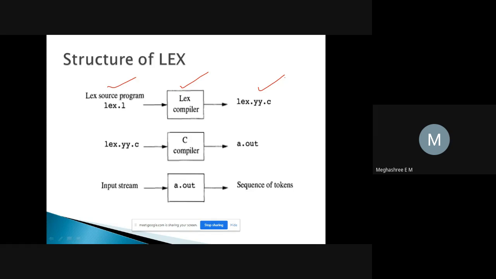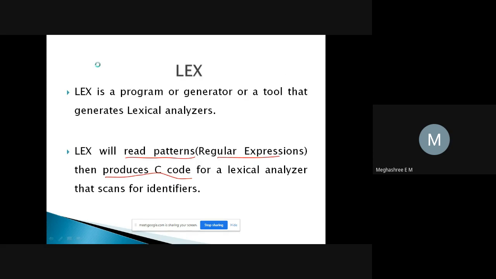To generate these tokens, you have to write a Lex program. So what is the first step? You have to write a Lex code. The extension of the file is .l. It is given as input for the Lex compiler. Once it compiles, it will generate C code, and that is represented as